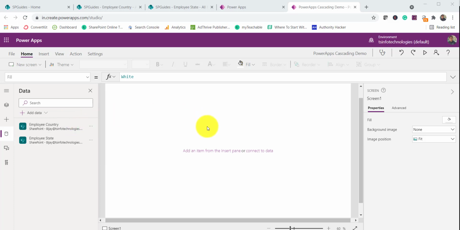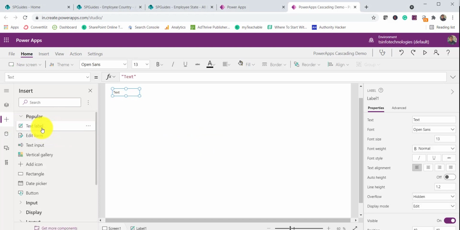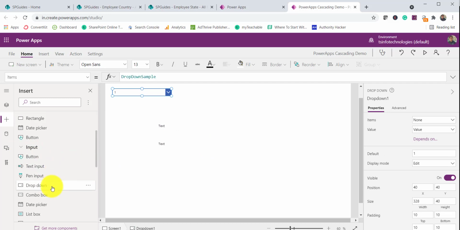Now next we will add two controls over here. Click on this plus, and then I'll add two labels here. You can see we have added two labels, and then two drop downs. You can expand input and then drop down. You can see here one drop down, another drop down.